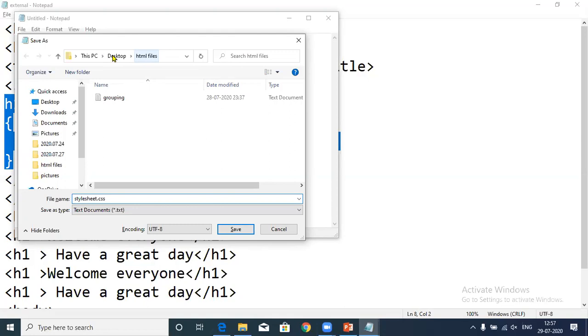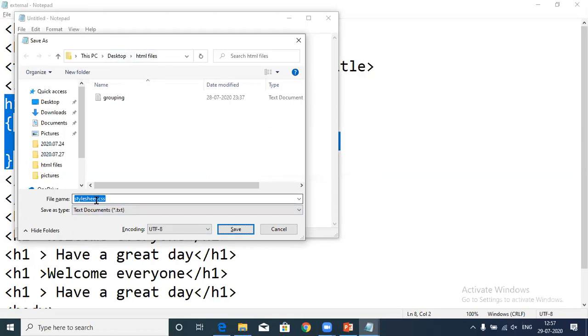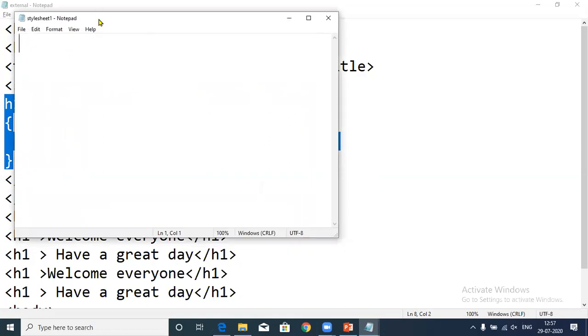My page is saved on the desktop in the HTML file, so I'm saving my CSS file on the same location. Fine. It already exists. Let me give the name stylesheet1. Okay, so I have saved my file with the name of stylesheet1.